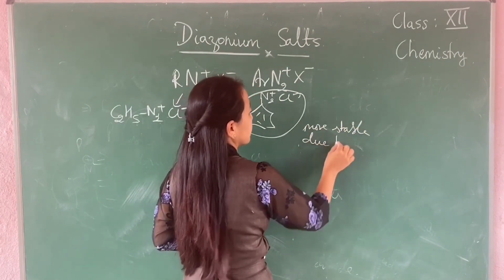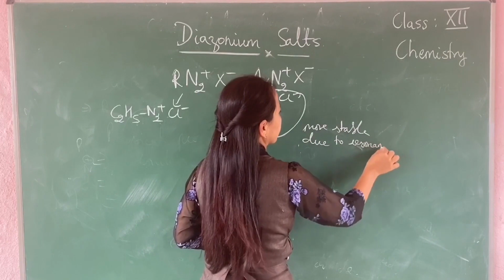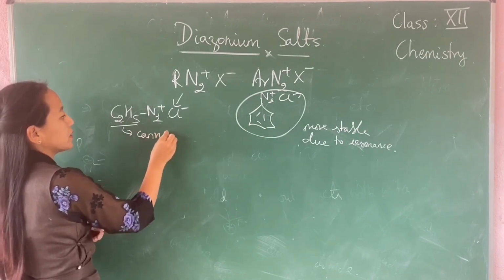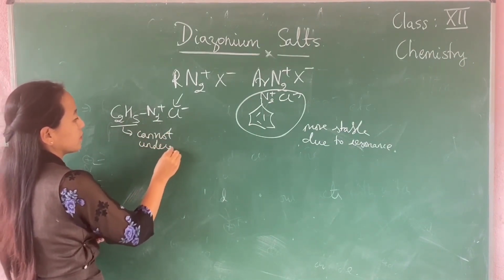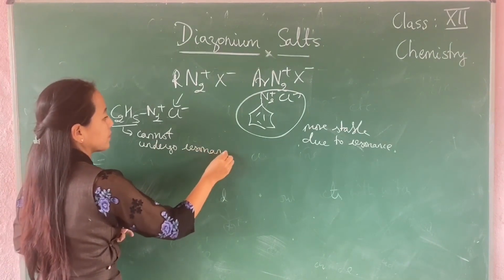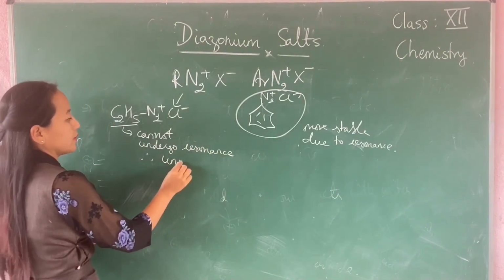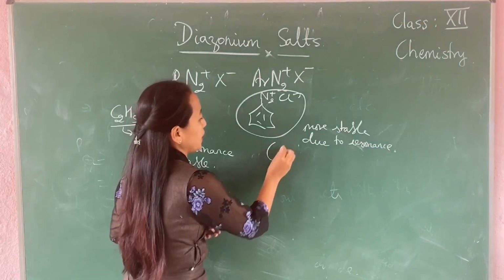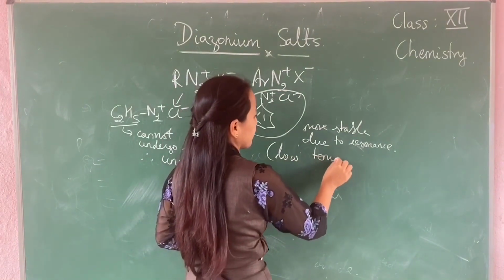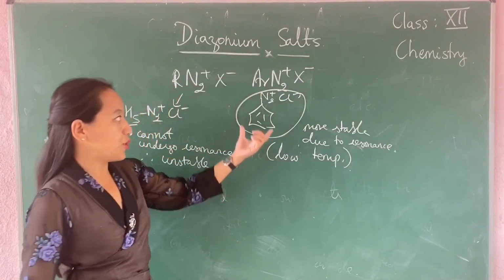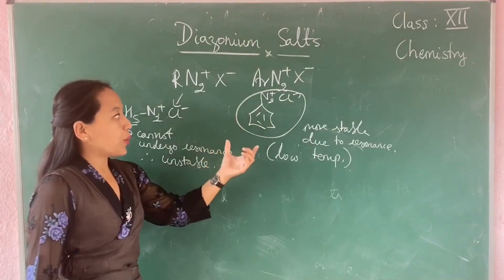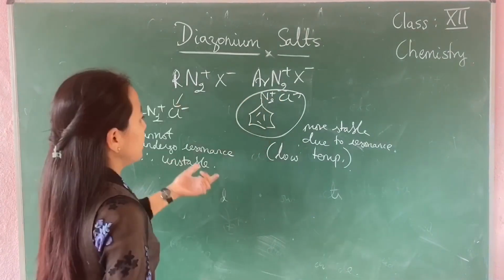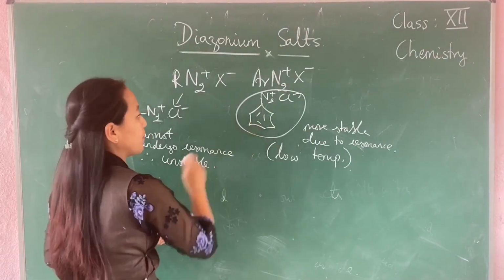due to resonance. This R group, that is ethane, cannot undergo resonance. Therefore, unstable. And the condition for this being stable is it should be at low temperature. So at low temperature, they are quite stable, because of which we are going to deal mainly with the diazonium salts containing benzene ring. So if I draw the resonating structure for this compound,